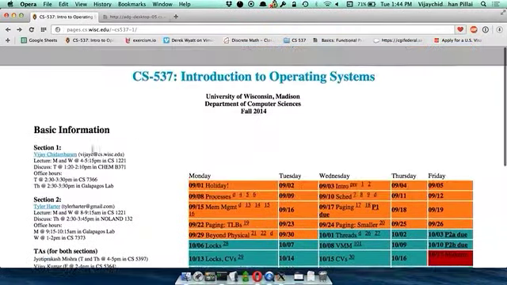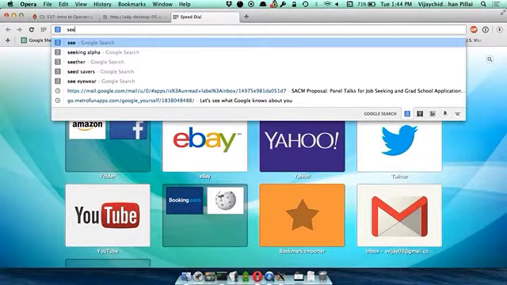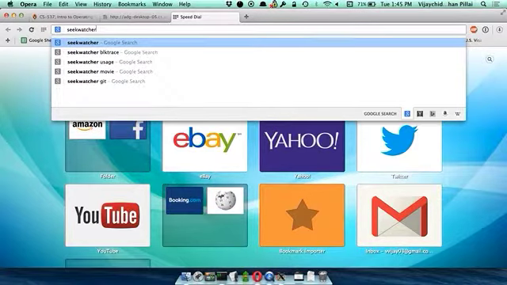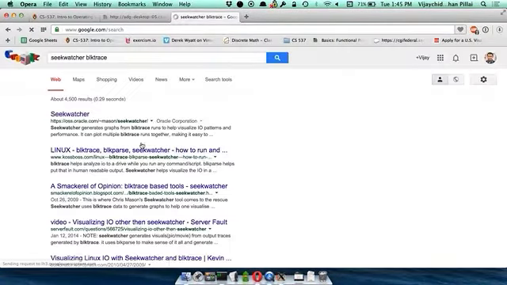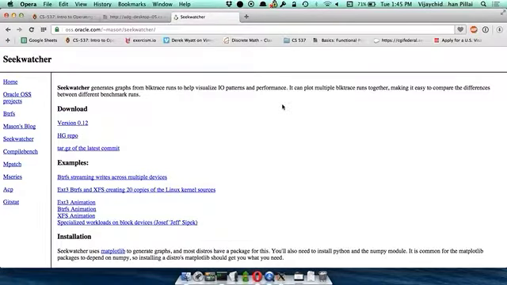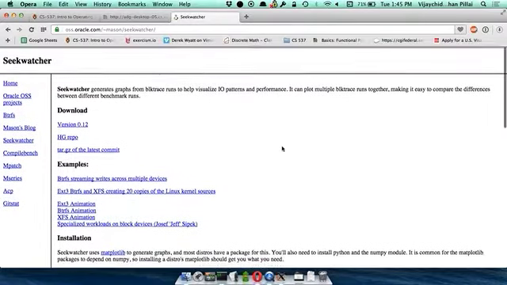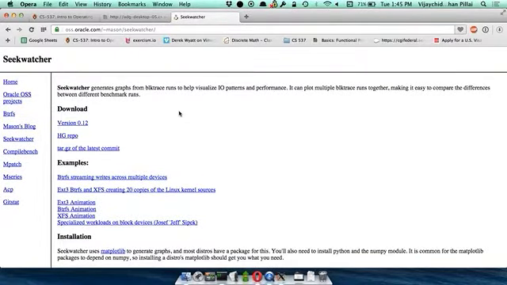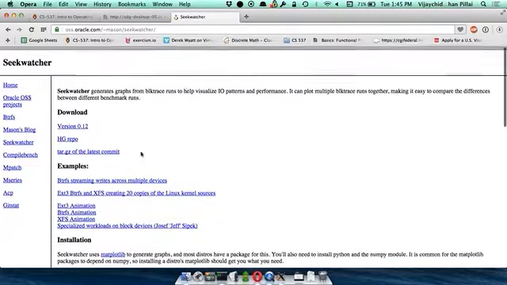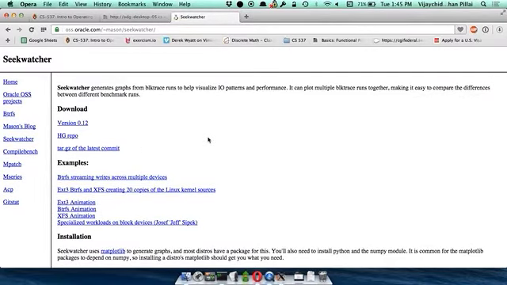So I thought I'll show you some stuff related to what we learned in class yesterday. There are really interesting tools out there when you are working with storage and file systems. So this is one tool. Remember when I told you that the file system runs on top of your block device? Your file system gets some requests, your block device gets other requests. What this does is, if you run it on a particular block device, it can visualize what the requests look like for you.